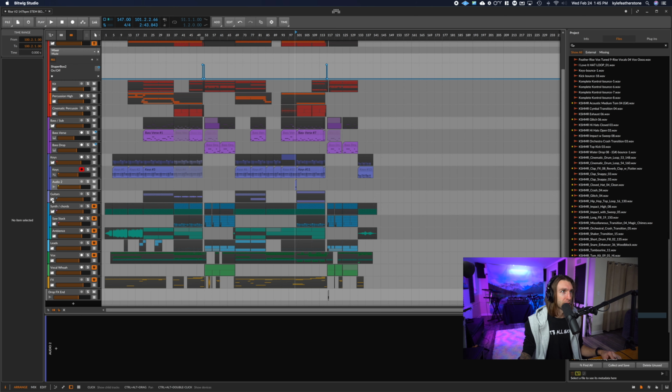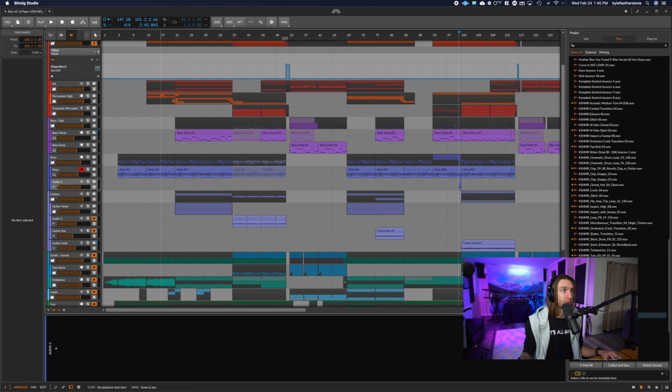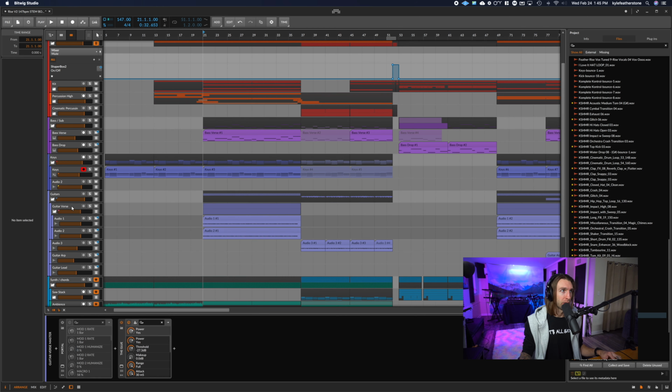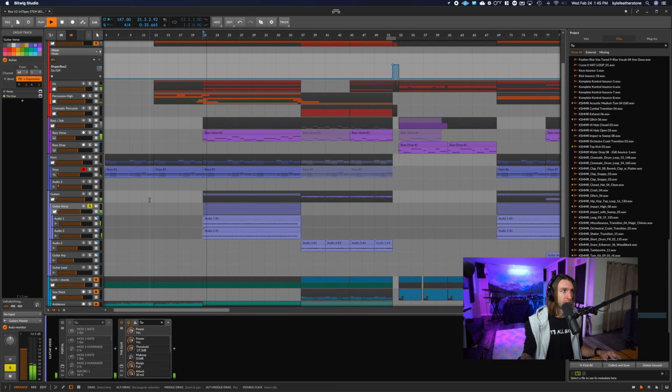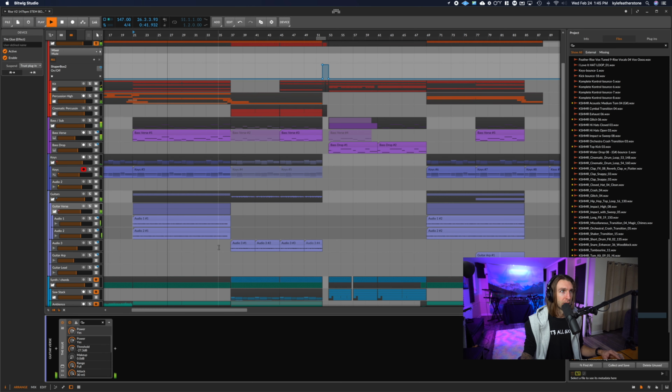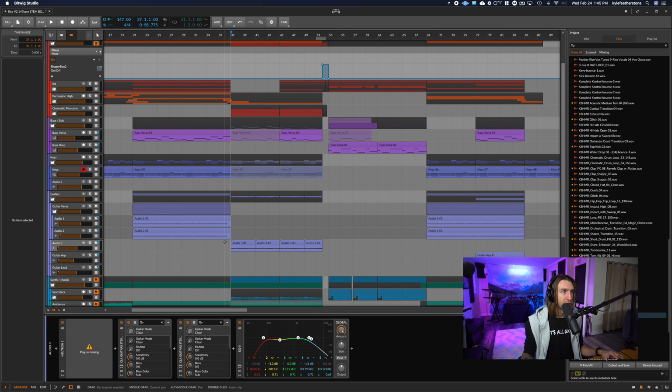Yeah, guitars. There's actually a decent amount of guitar in this song. In the verse here, just got these little plucks, panned left and right. Looks like I was playing with Portal here, but decided against it. And then in the verse here,